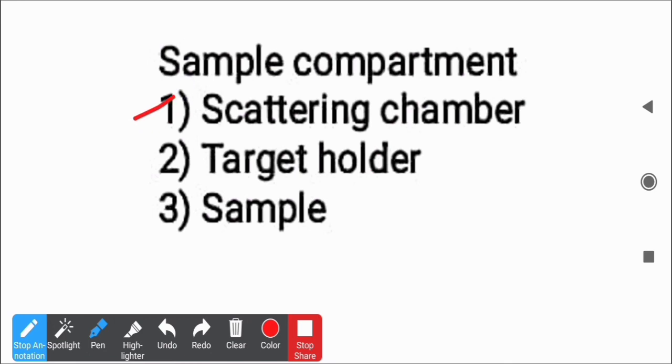Okay, next is the target holder or the sample holder. So we have seen in the instrumentation that targets are generally placed at 45 degrees to the beam direction. Generally the thin targets are mounted onto the target material, which is placed in the center of the chamber. Okay, so this target material is like a thin plate, and on that thin plate we place the sample, which sits in the center of this scattering chamber. The target ladder can be arranged vertically, and it is kept at a certain angle, that is 45 degrees.